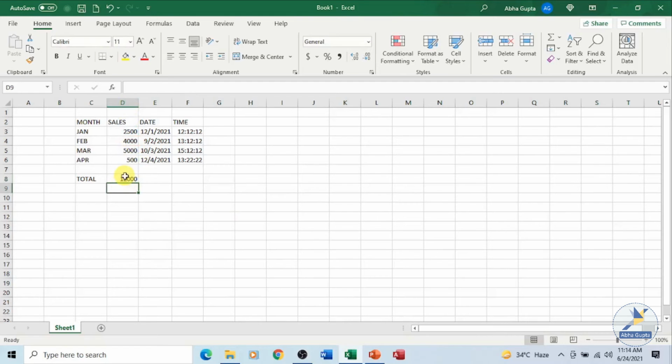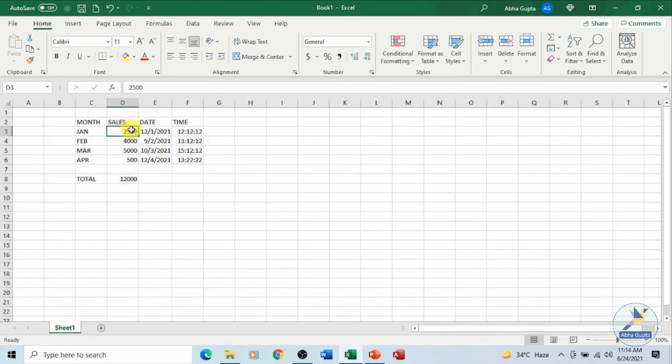So here you got the result, that is the sum. You can see the formula in the formula bar. I already told you that in the formula bar, whatever content is present in your cells will be shown. In this particular cell we have the formula, so the formula bar will show the formula of this value.